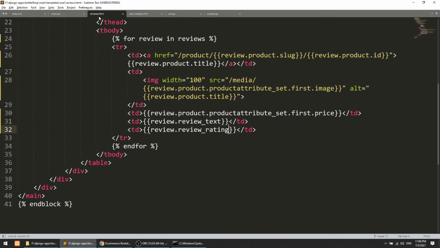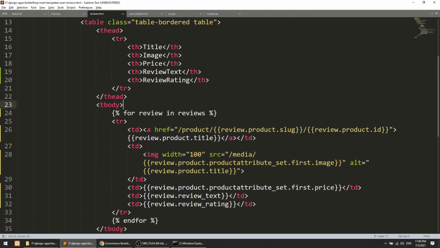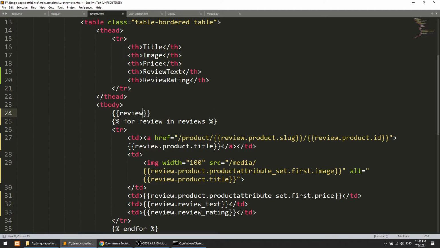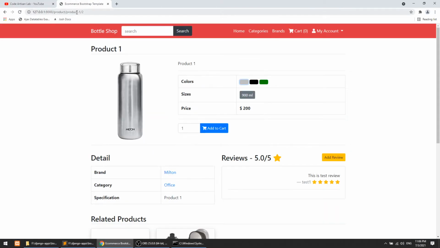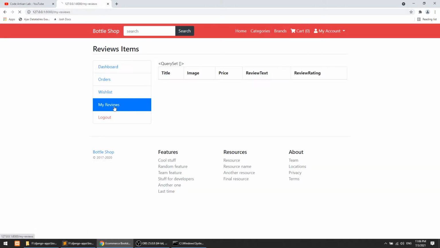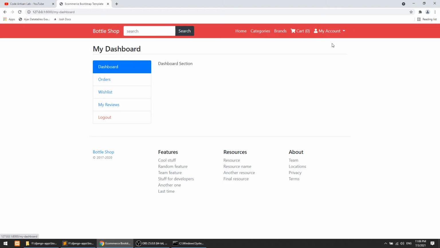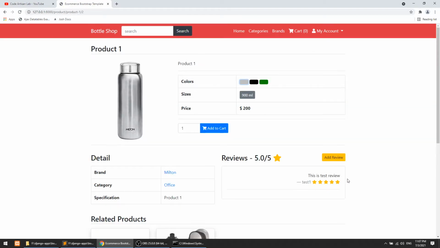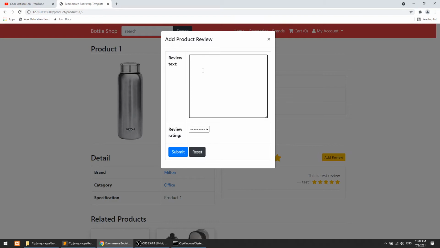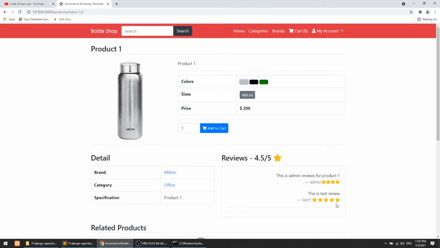Let's print these reviews and go to the dashboard reviews. The queryset is empty. Maybe the admin user didn't add a review yet, so I will add a review as the test user for product 1 with rating 4. Submit this. The review has been added.